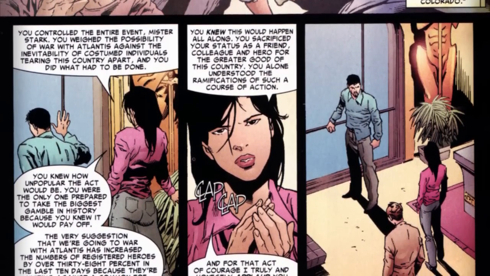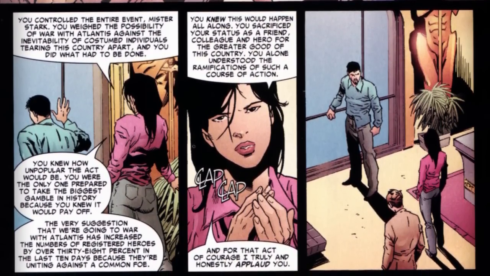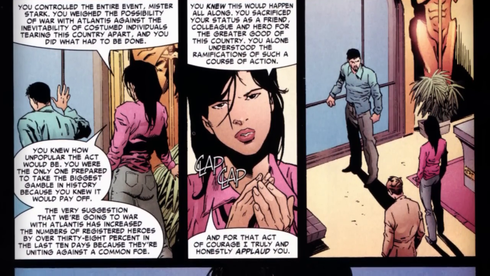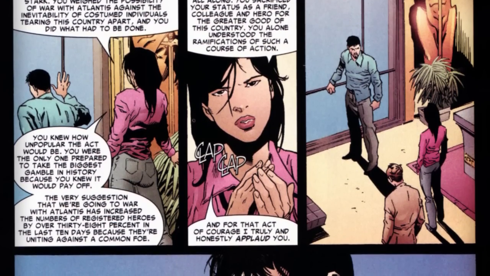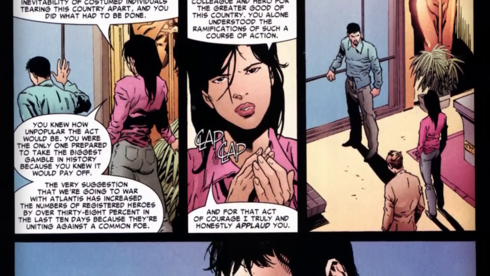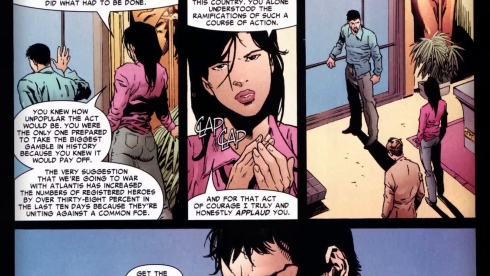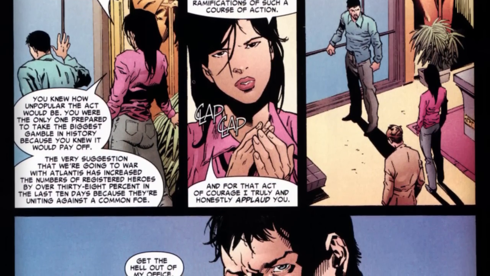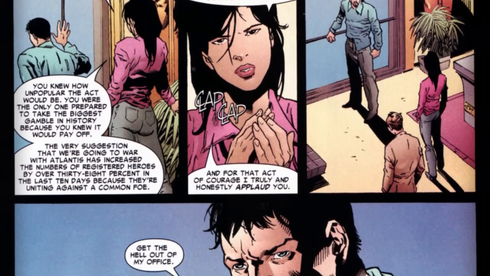Now, Tony Stark did not expect that there was going to be so much anti-registration sentiment on behalf of various superheroes. And so to counter this, he released Norman Osborn and adjusted the programming of Norman Osborn's nanites. With the programming adjusted, Norman Osborn would now be controlled by Tony Stark. Tony Stark had Norman Osborn attack the Atlanteans. By virtue of the Atlanteans being attacked, the Atlanteans would threaten war against the superhero community and the United States